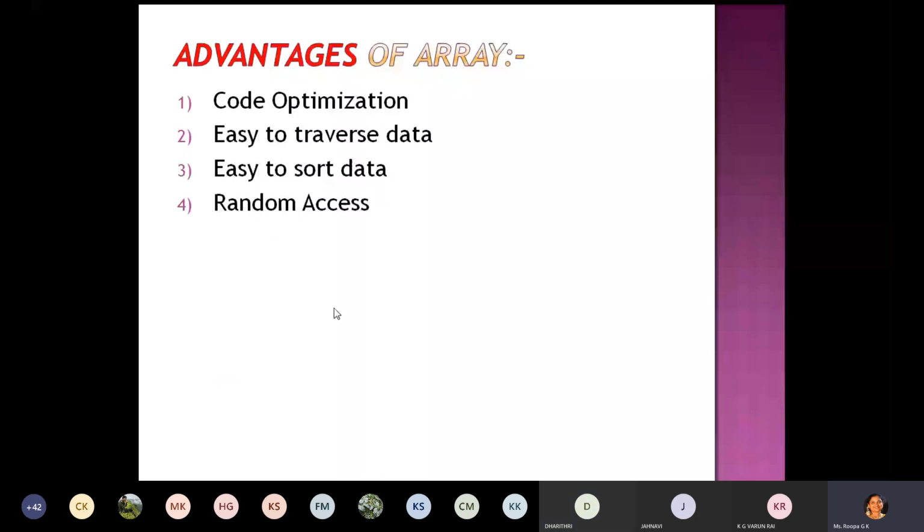These are the advantages of arrays. The first one, code optimization. That means an array always represents multiple data items of the same type using a single name, isn't it? The main advantage of an array is that you can declare multiple items under the same variable name. For example, if you need to add 10 numbers, no need to declare num1, num2, num3, num4 like that. Just num is the name of the array, followed by the array size. That is the advantage. Optimization with respect to memory utilization. But one main disadvantage is also there.